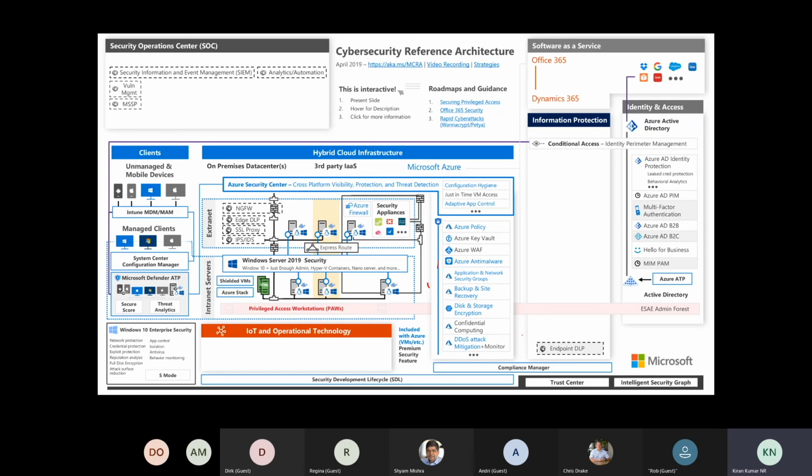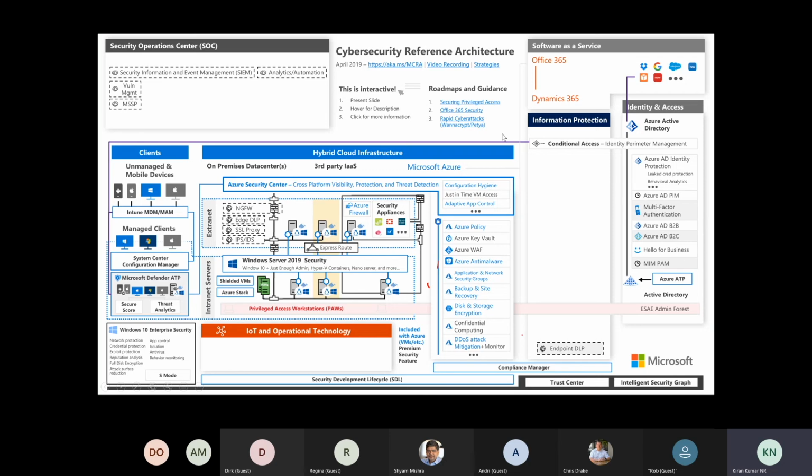This is what I was talking about. Conditional access is identity perimeter management. Now that the network perimeter is no longer relevant, you need some sort of perimeter management, and that is where conditional access comes into the picture. Conditional access is also one of the core components of the Microsoft Zero Trust strategy, right? Now, we have all heard about Zero Trust, right? So Microsoft uses conditional access as one of the core components to help you have a zero trust model